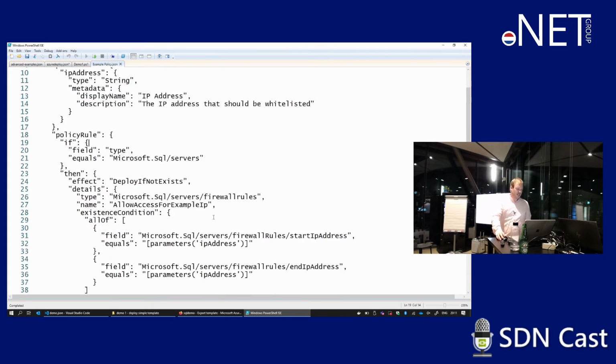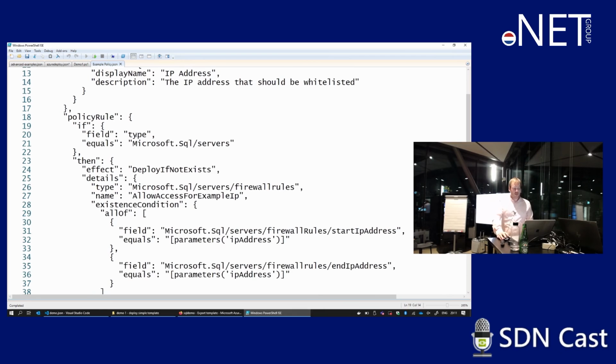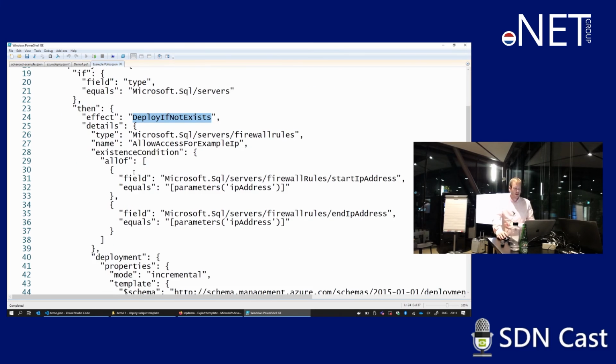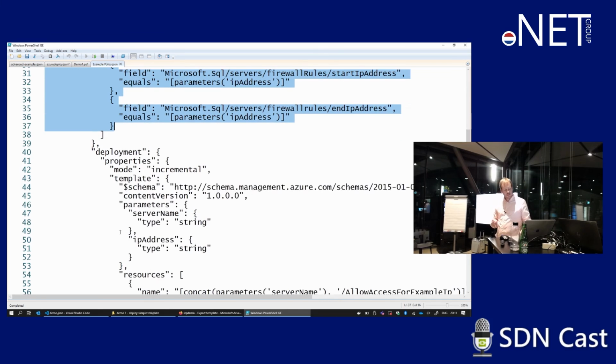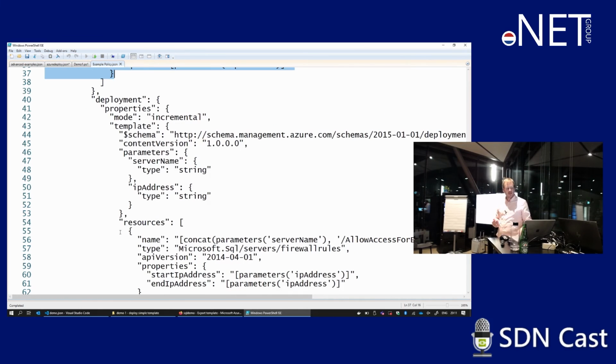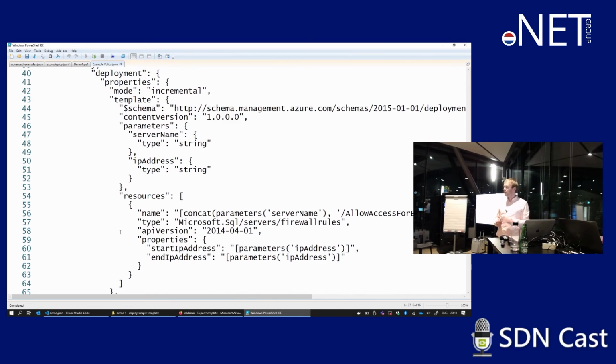Now I can write a policy that says whenever I deploy a resource of type Microsoft.SQL, deploy if not exists, and then I'm going to check if there is a firewall rule on that server which has a whitelisting for that IP address, and if it doesn't exist, I'm going to deploy a complete new ARM template. And this is an ARM template that contains a firewall rule. I'm not going to dive into the JSON because probably by now you're JSON blind, but trust me that it's there. And to prove to you that it works,